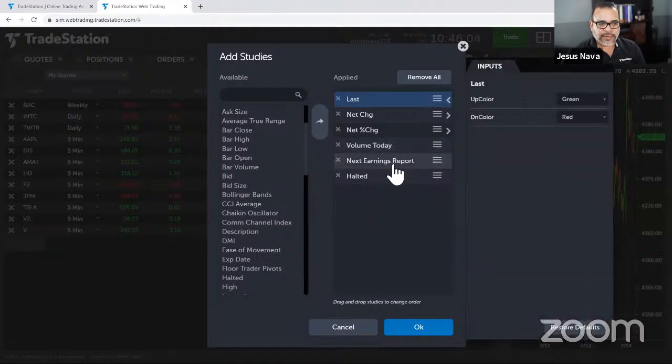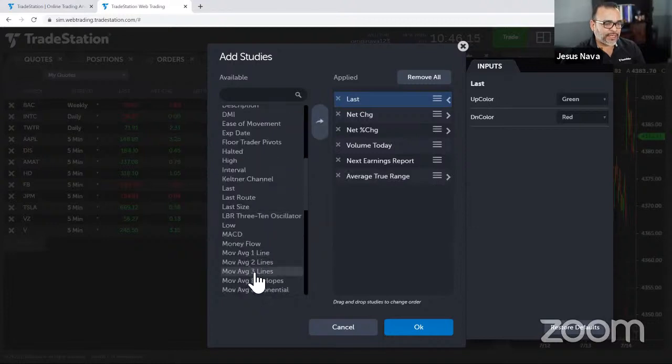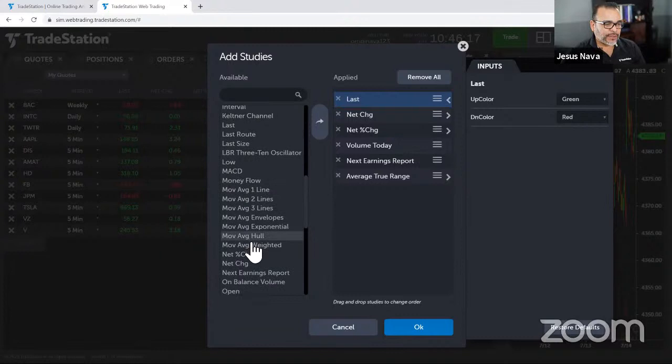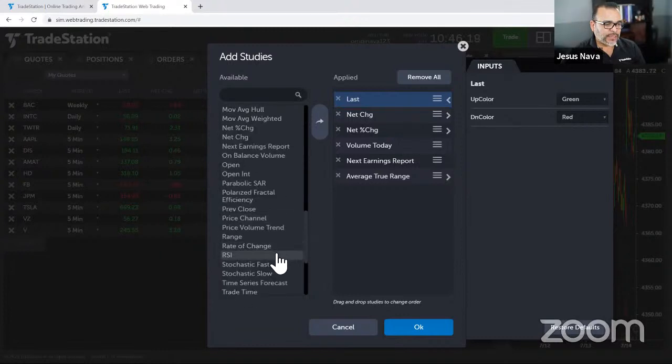So volume today is fine. Next earnings report is fine. Let me remove this halted column. Let's say, for example, that I want to see the average true range, and I may want to see, who knows? Let's do the RSI. Some of these studies are not very flexible when it comes to removing sub columns,